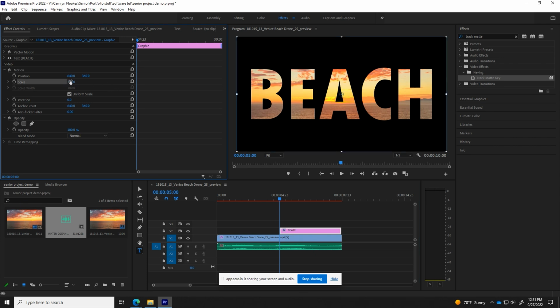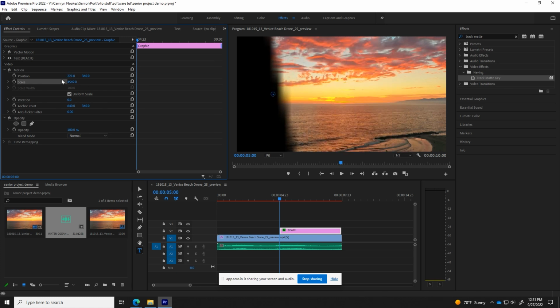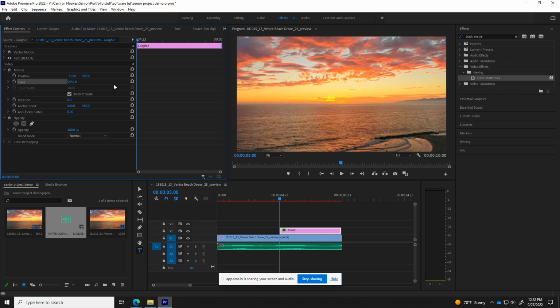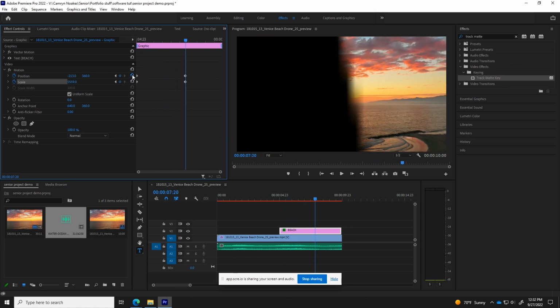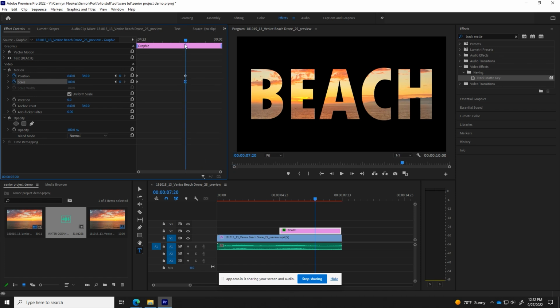Adjust the scale and position until you can't see the text anymore. Once you can't see anything but the video in the background, add keyframes for the scale and position. After adding those keyframes, drag the time marker to about halfway through the text graphic and add another keyframe for the scale and position. After those are added, reset both the scale and position settings, right-click on Scale and select